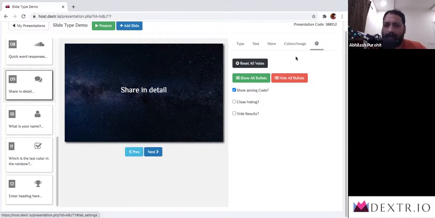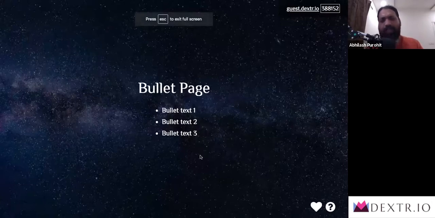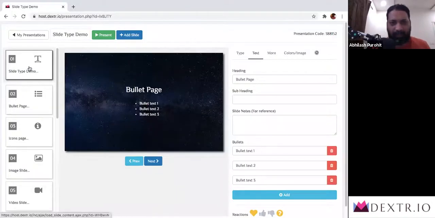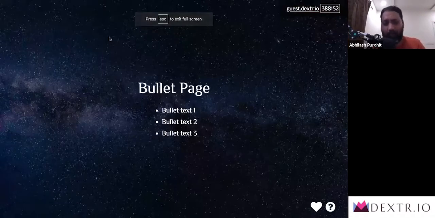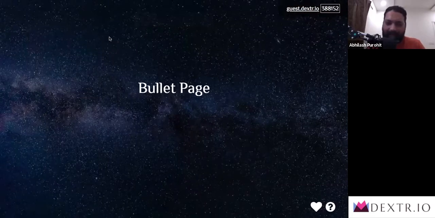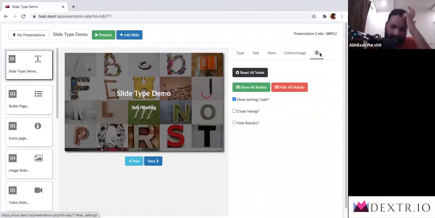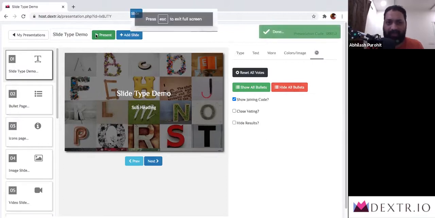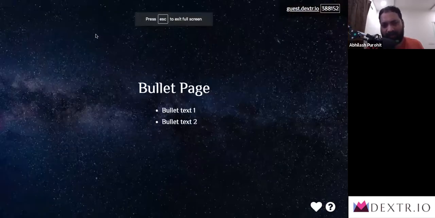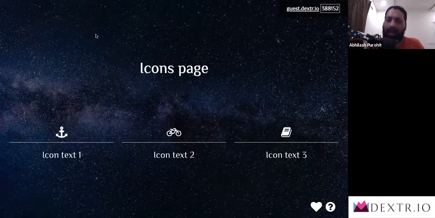If I go back once more here, let's see this. If I'm on bullet page, let's say, and I present, now you will see all 3 bullets have appeared all at once, right? If I go back here and present and hit on right, all these are here because they have once been used. You can hit back and make them disappear, but they will remain visible for a while. So just before starting the session, you might want to click on this red button that says hide all bullets. You do that, it says it impacts all slides. You say okay, and you present. And the next time you go here, this will once again be in this format where the bullets will appear one after the other. So do the icons.